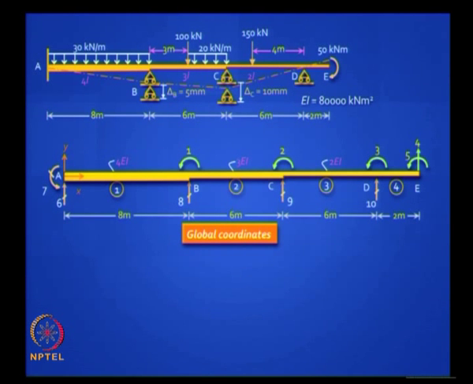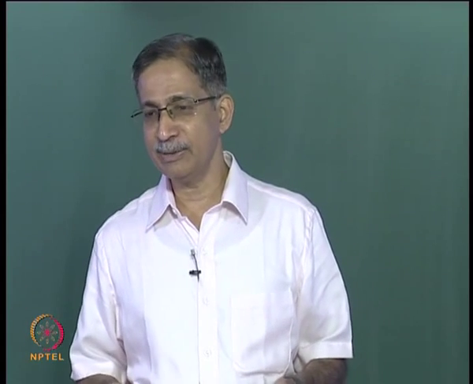The size of our stiffness matrix will be 10 by 10, KAA will be 5 by 5, and that is the one you need to invert. So it is not a problem that you can do manually, you will have to resort to using some algorithm or using MATLAB, but this is just a demonstration of how the stiffness method can be used to solve any problem, any beam problem.